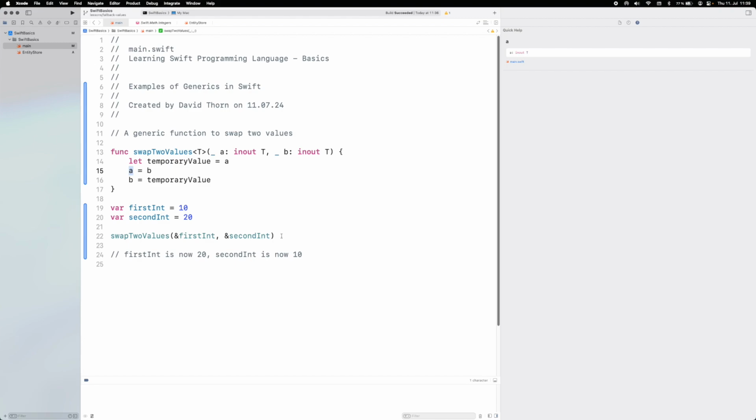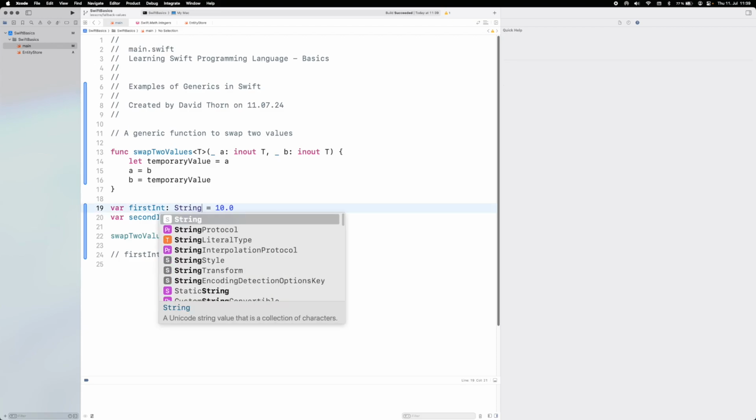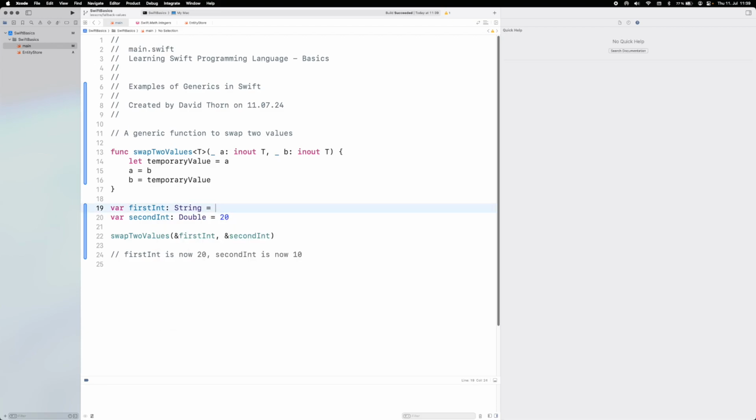Now as you can see here, it doesn't really matter if we change these now to double, and we have to add that to here. We change this to double and we run it, it still works, right? And we even change this, it still works, okay? And we can change this to string, and which means we can get rid of this as well, and it still works